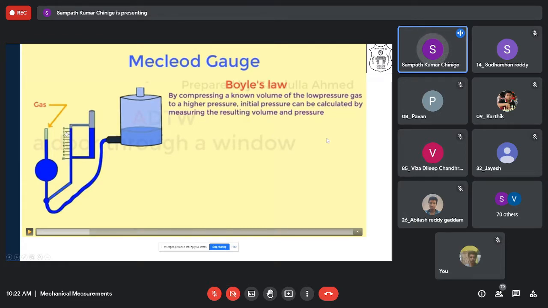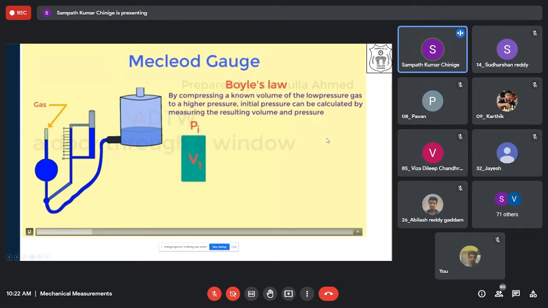This is the pressure P2 in terms of pressure head H. P by rho g is equivalent to H. From this, I will find out P2, and from this, I will find out V2. So P1 is the unknown. V1 was initially found out, P1 is unknown, and then I compressed. P2 I'm finding from the height difference, and V2, volume 2, is A2 into this height H. You will get that.